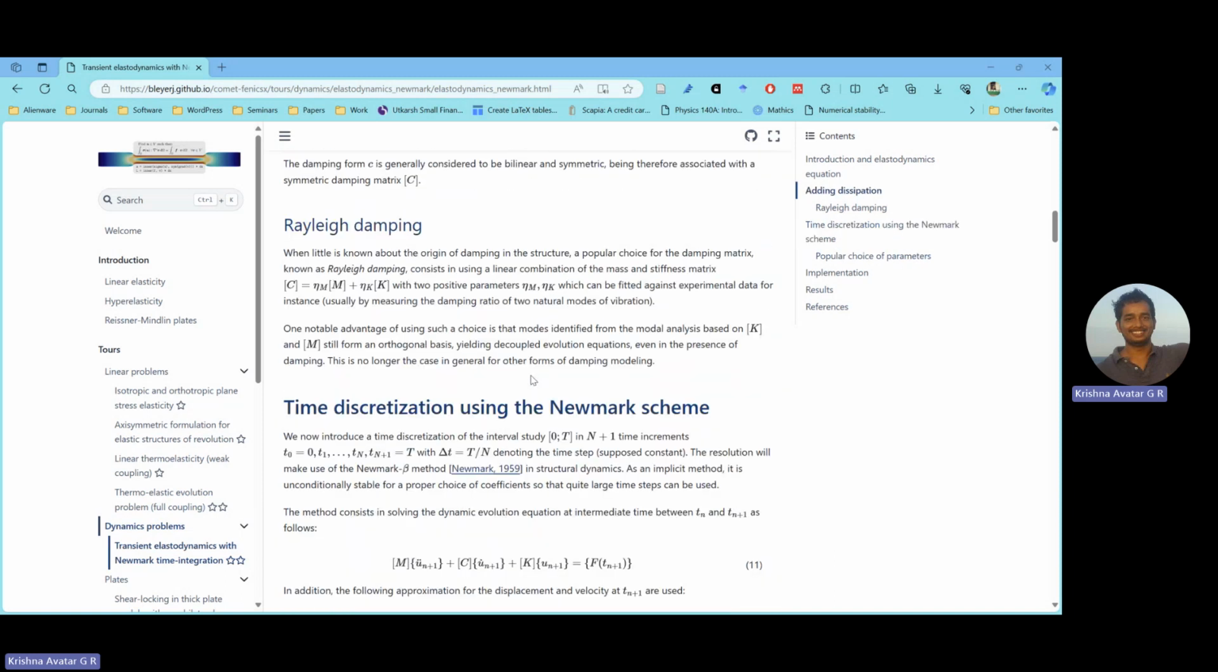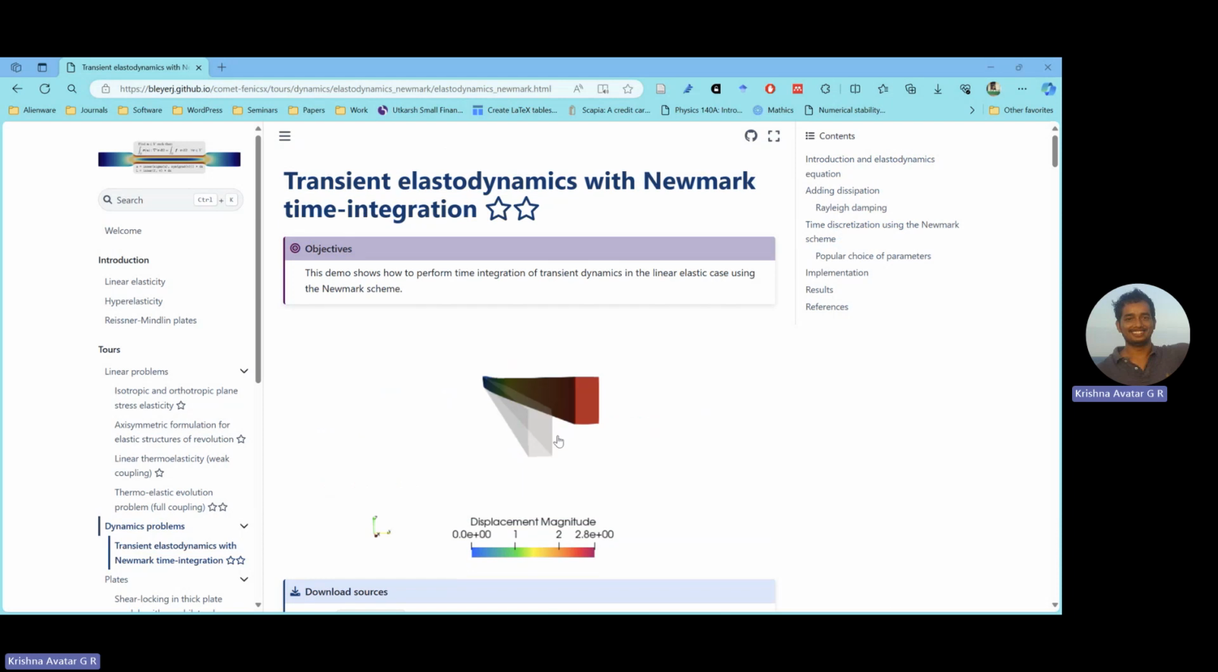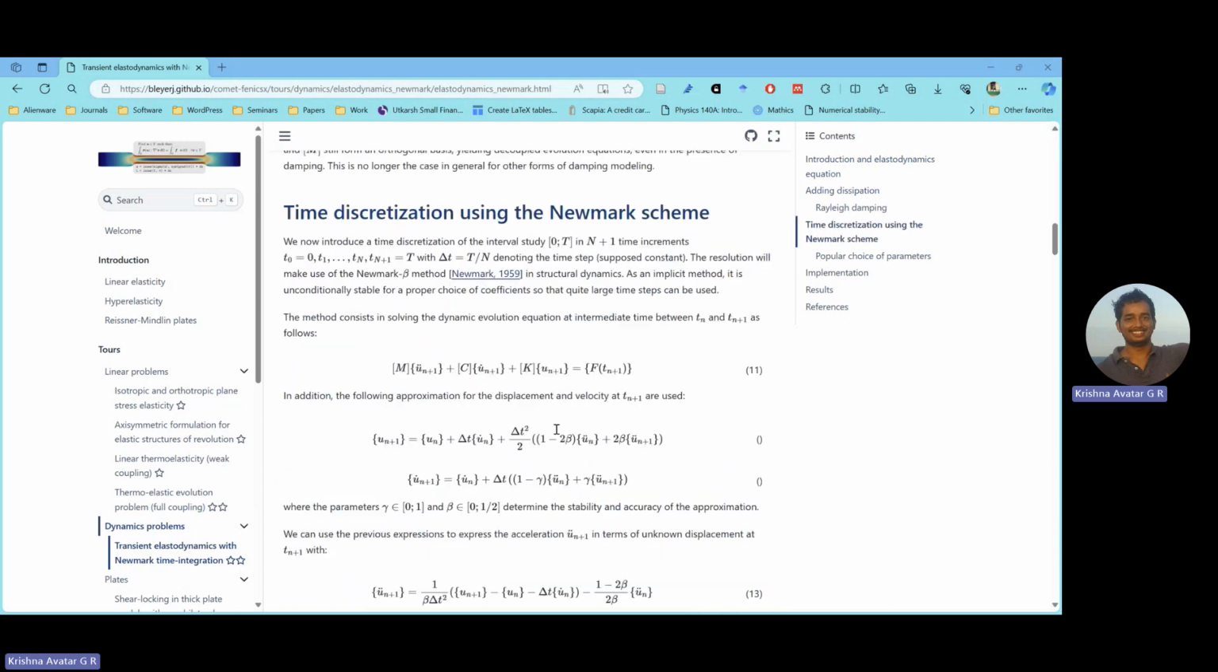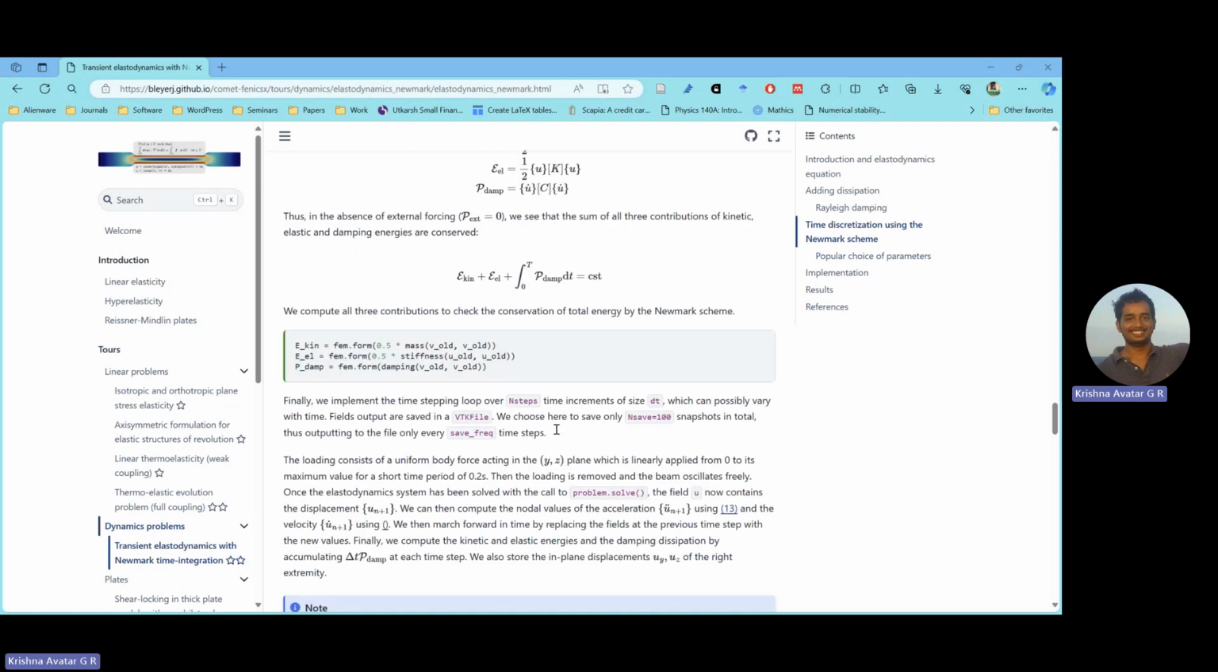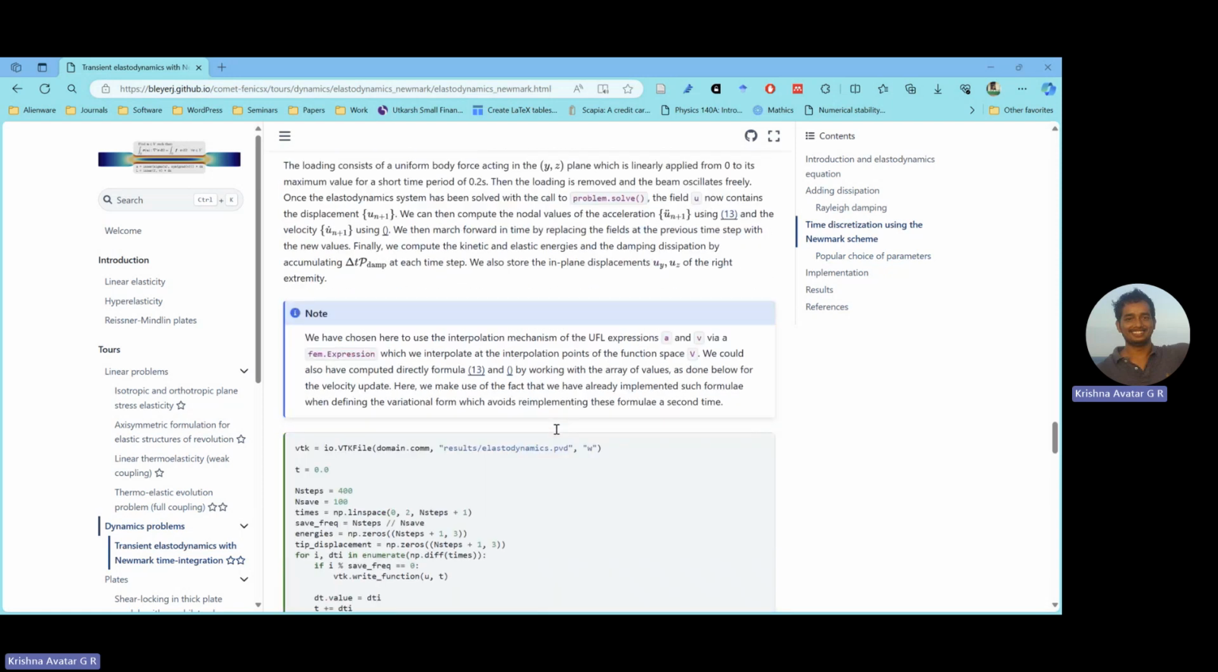So our problem will be to solve this cantilever problem as it evolves with time. As this is a linear problem, this is what we'll be looking at during our next tutorial session